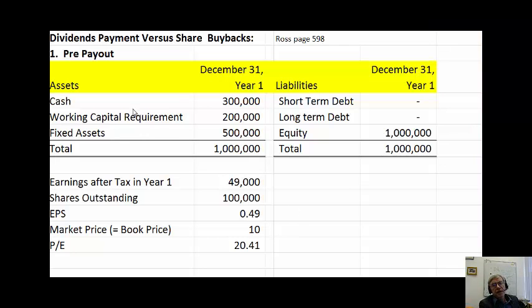To further clarify the dividend irrelevance proposition, I want to go through an example that's in your text, Ross, page 598, that shows the equivalence of dividend payout versus share repurchase. So here we have the pre-payout company, cash of $300,000, other assets of $700,000 for a total of $1 million assets that is totally equity financed. And the earnings of the company are $49,000. Shares outstanding are 100,000, giving an EPS of 49 cents per share and a market price of $10 per share, assuming that market price is equal to the book price. That gives a price-earnings ratio of